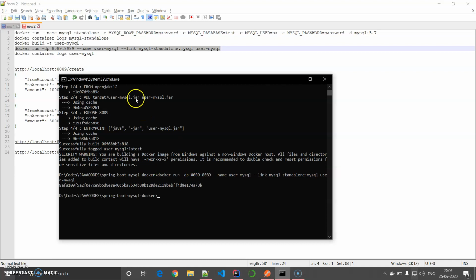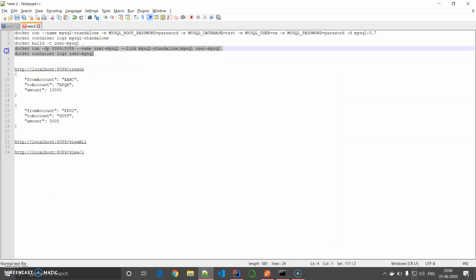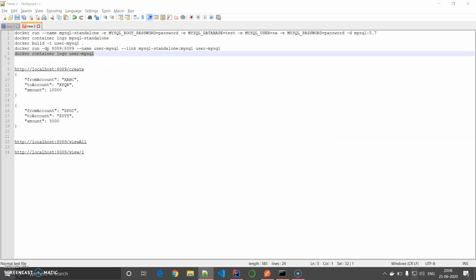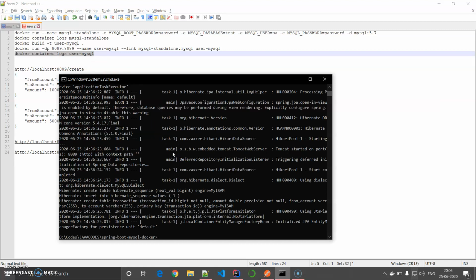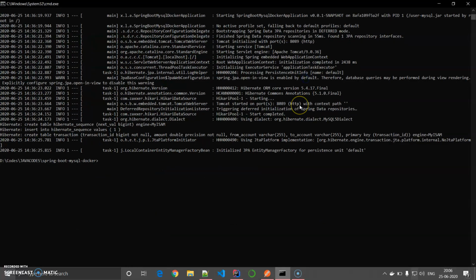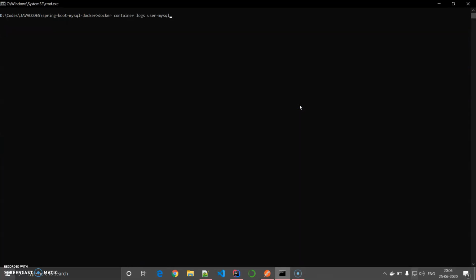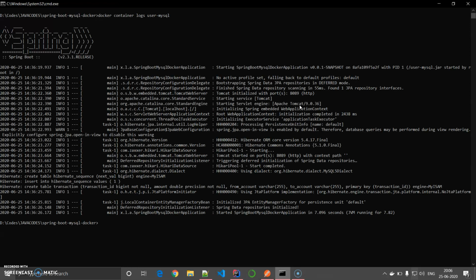Yes, it's up, and let's quickly see the logs of this container. Yes, our application is up. Let me go full screen so you will be able to see it. It is the typical Spring Boot log, available in the container.